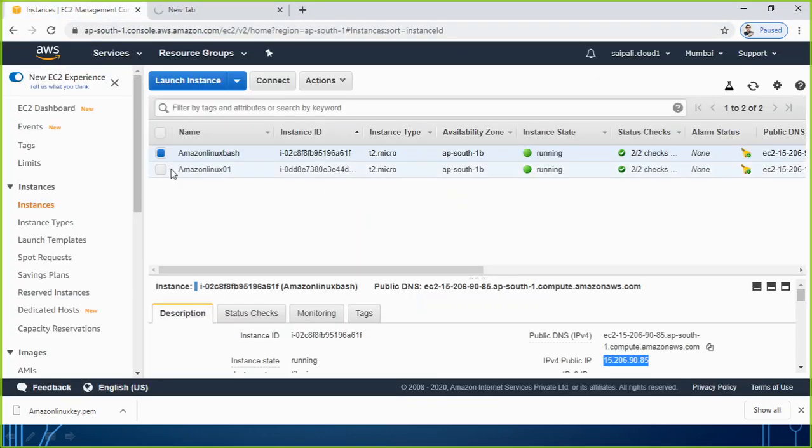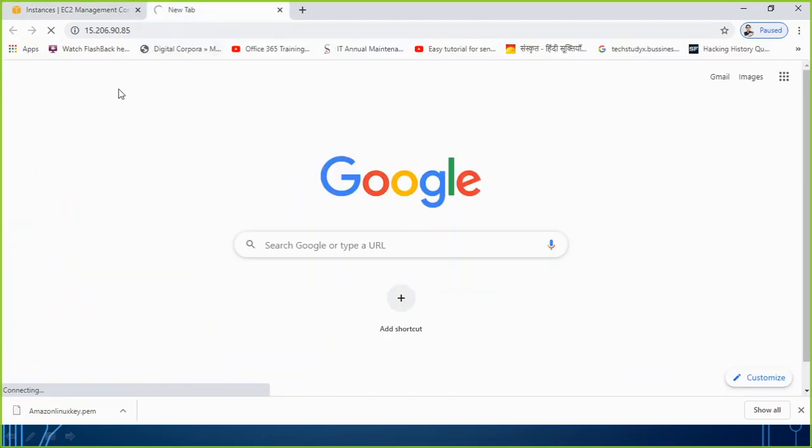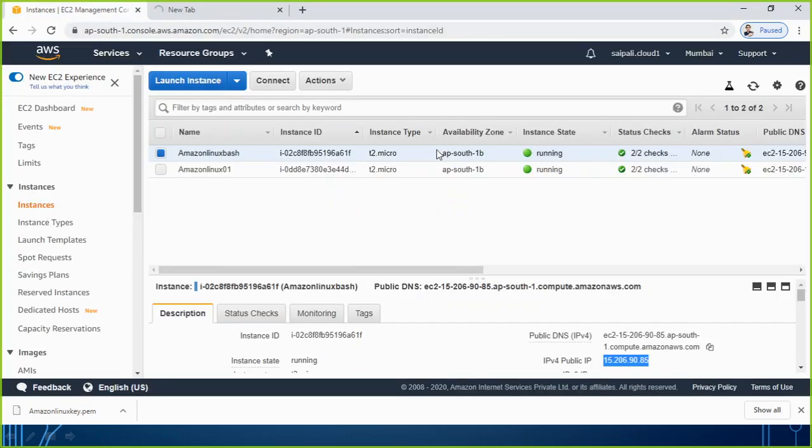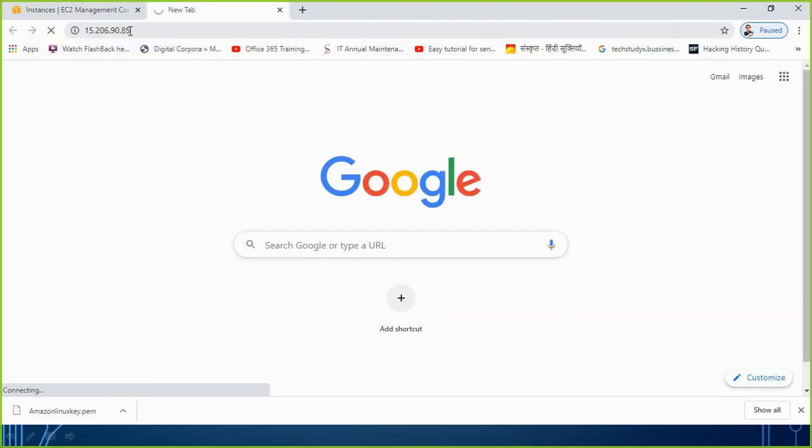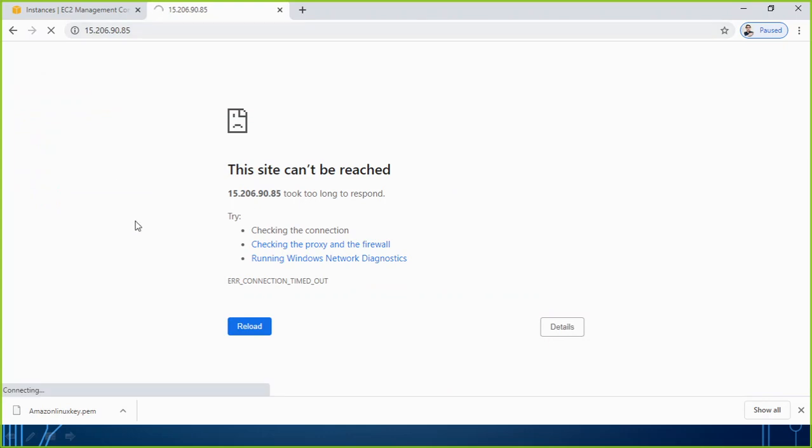So if it is this machine, because I made it with the bash script and the web service, it should have a website running on it. It should give me a website here. That will be a testing method used by normal people, those who are maybe not very good in Linux. They can simply get the IP address of that machine and test it in the browser, whether it is bringing any website or not.